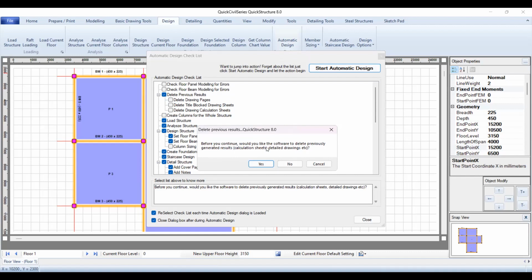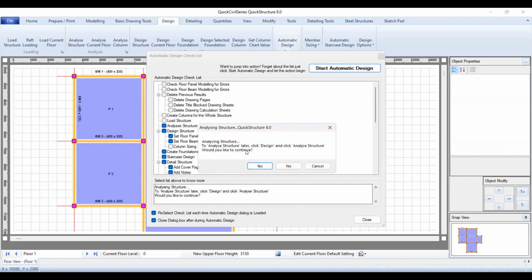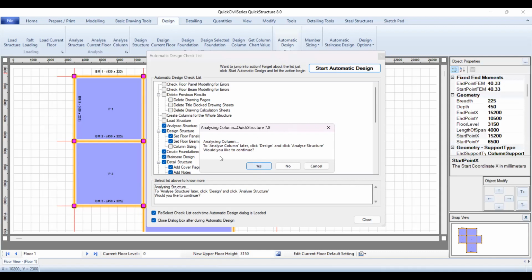Before you continue, would you like the software to delete previous generated results? Or yesterday we did calculation notes. Yes. Loading structure. To load structure, click design. If you want to load, it shows you and gives you analyze structure, you click yes. Analyzing the slab, yes. The beam, analyzing column, designing structure. This software designs, analyzes for you automatically, and even details for you